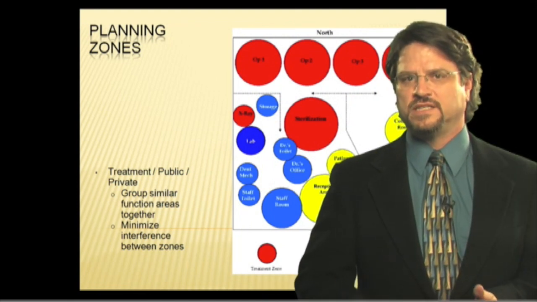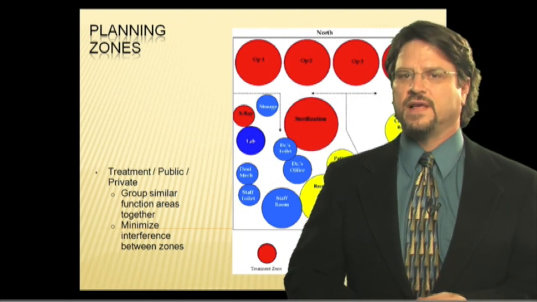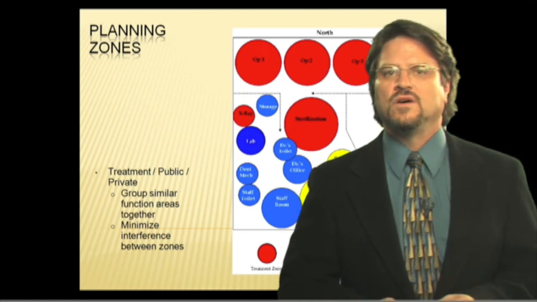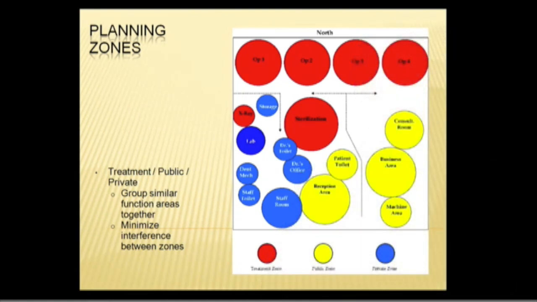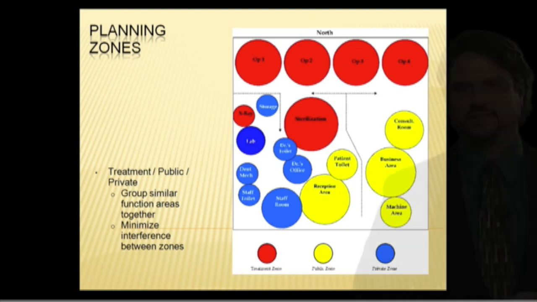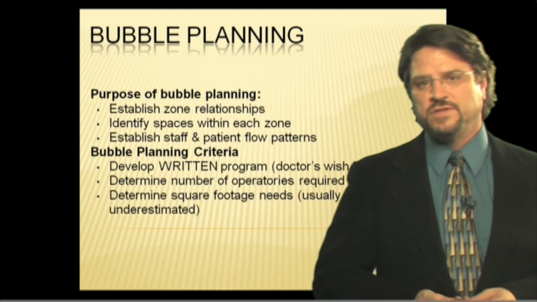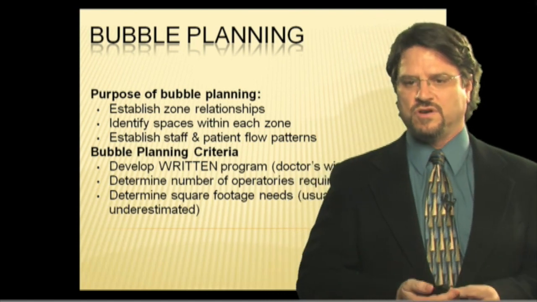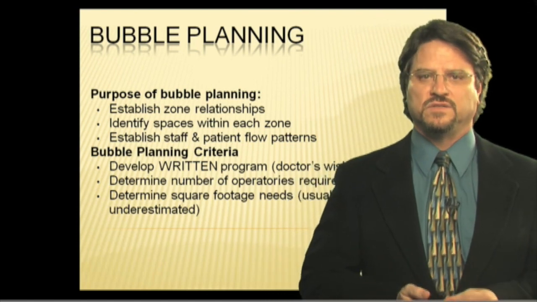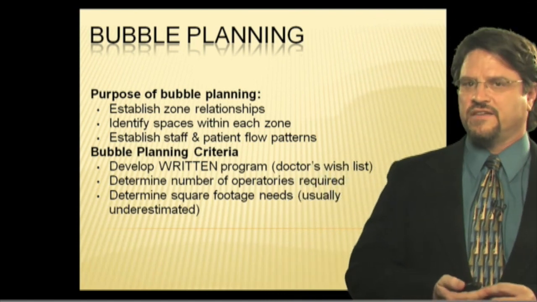This slide shows a basic bubble plan that starts to define how the various planning zones relate to each other. The goal here is to group similar function areas together and to minimize interference between zones. It will also be helpful in arranging the operatories to take advantage of north or east orientation. The purpose of bubble planning is to establish zone relationships, identify spaces within each zone, establish staff and patient flow